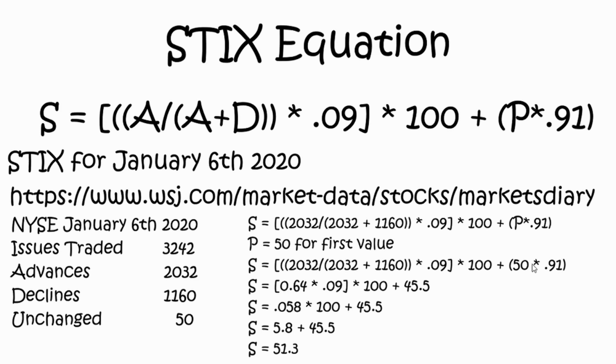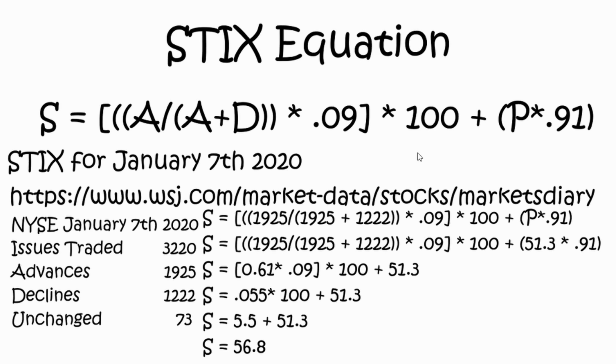Now that we have all of our numbers in our STIX equation, let's calculate it out. If we take the advances and divide it by the advances plus declines, we get 0.64. If we take the previous STIX value, which we're going to use as 50 because it's our first calculation for STIX, and multiply it by 0.91, we get 45.5. We're going to take the advances divided by advances plus declines and multiply by the 21-day smoothing average, and that's going to give us 0.58. Then to get rid of the fraction, we're going to multiply it by 100, and that will give us 5.8. We're going to add that value onto the previous STIX number times 0.91, which again is 45.5. And what we get for the STIX value of January 6, 2020 is